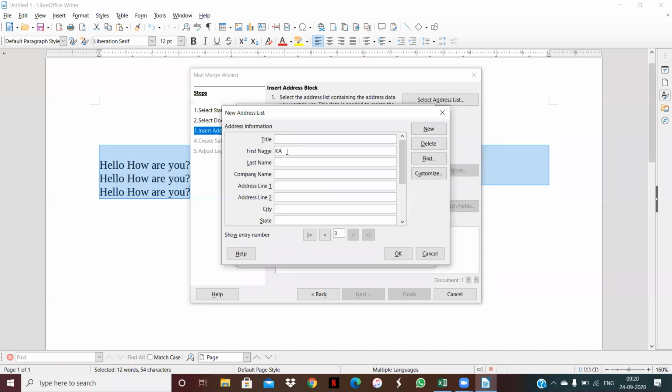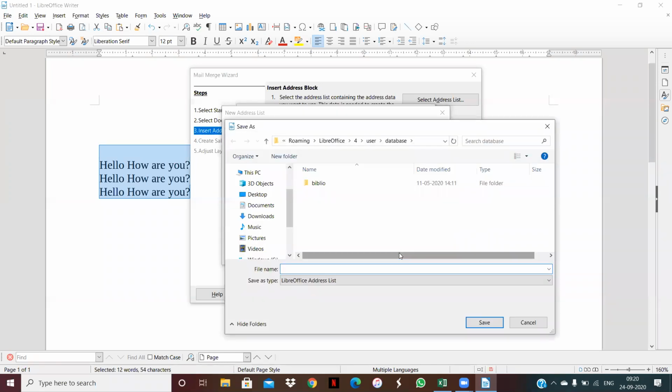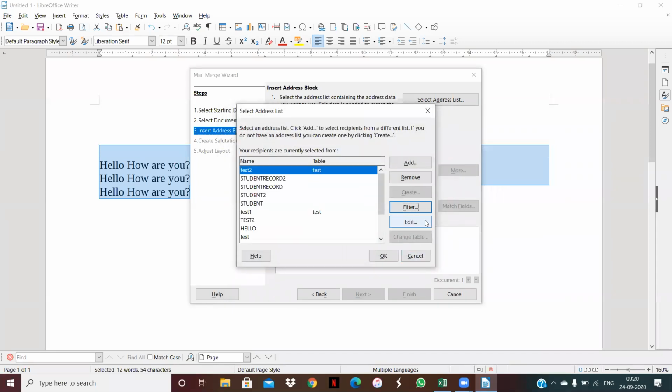Next one is suppose I write here Kavita Rani, company is ASC, and his city is Karnal. Clear, my dear students? I fill here only 3 records. Now first you have to save your file. Suppose that I want to save this file with the help of test. Clear, my dear students? Now click on OK,